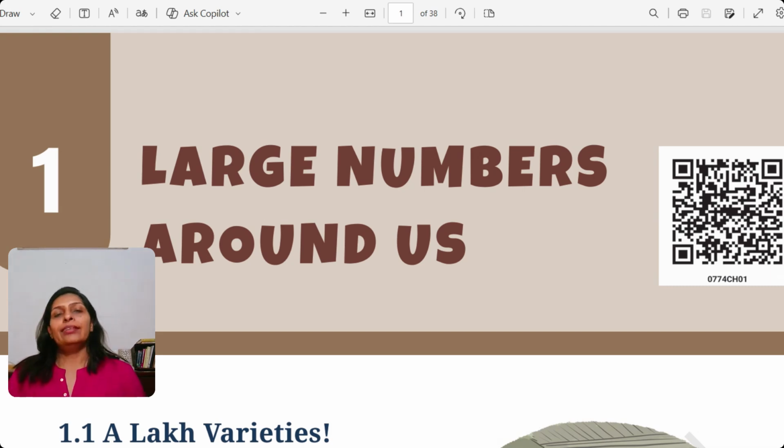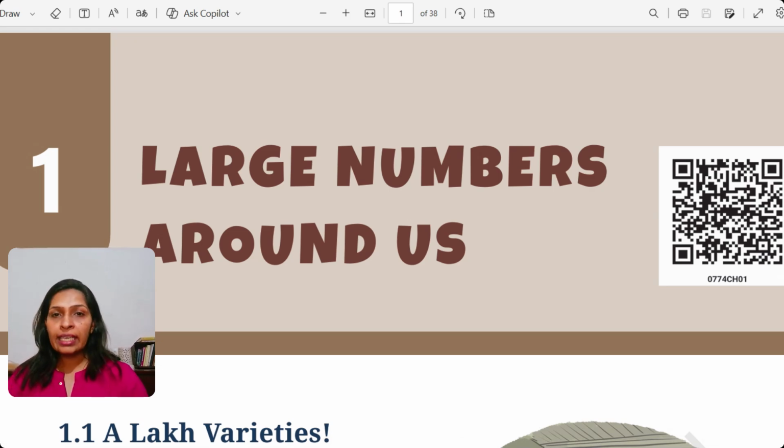To begin with, let's understand what we mean by large numbers and where we can use them. A large number is something like, if I say 12, it's not a very large number because we can count it on our fingers or with objects. So something very huge which we cannot count directly, we categorize those numbers as large numbers. So let's begin with understanding your book first.